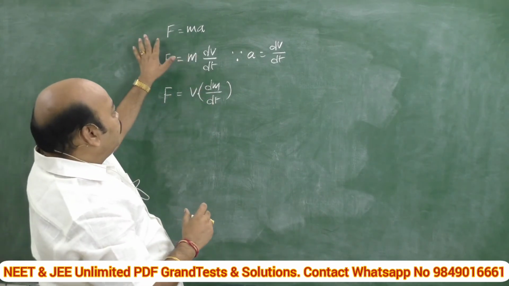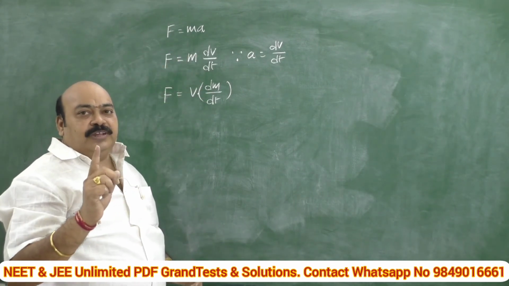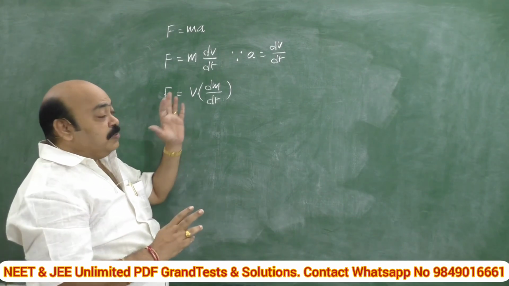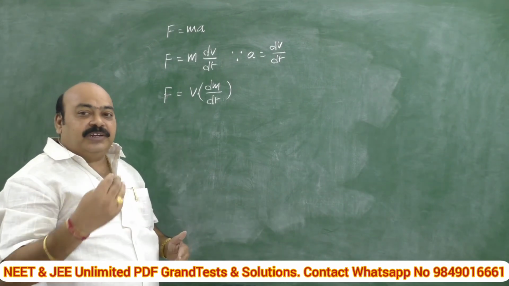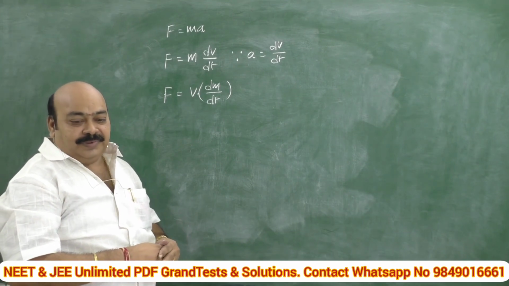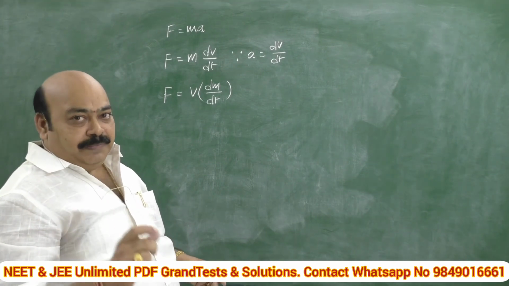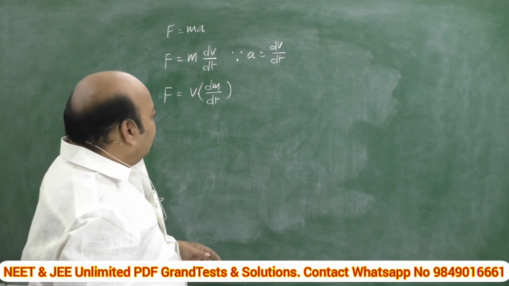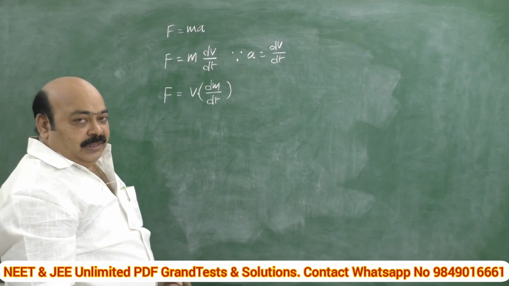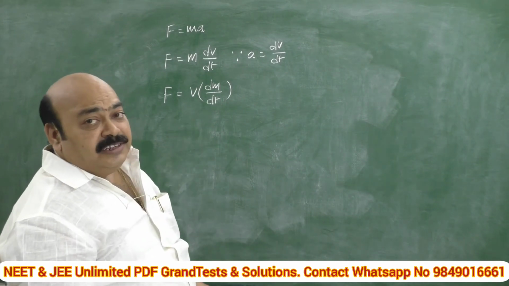This is the systematic of the full problem till the beginning. And we are dealing with only one concept, that is F is equal to ma, not just this class. If you go for a couple of days on the same concept only, with different numericals, we can go for this one. So be strong at the basics of physics. Now see this one, F is equal to V into dm by dt. Then, sir, in which cases is it applicable?